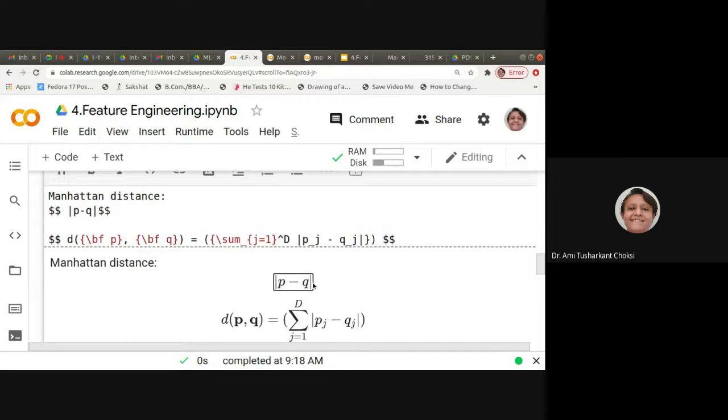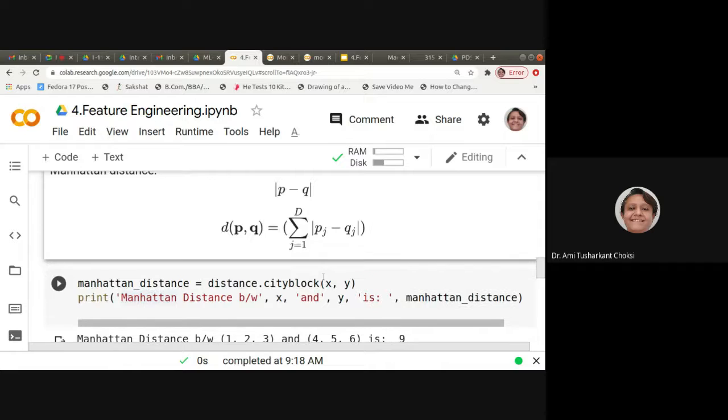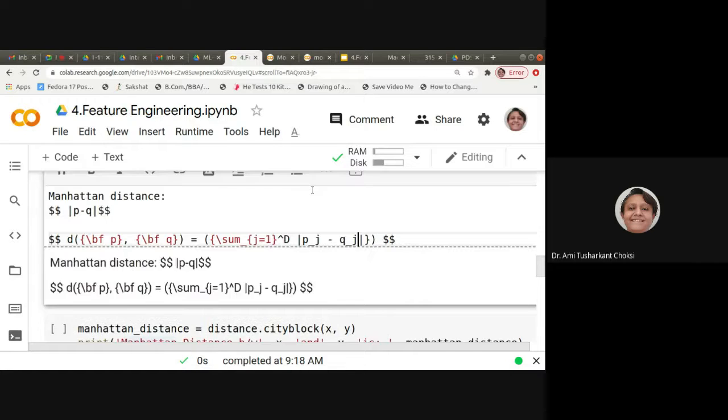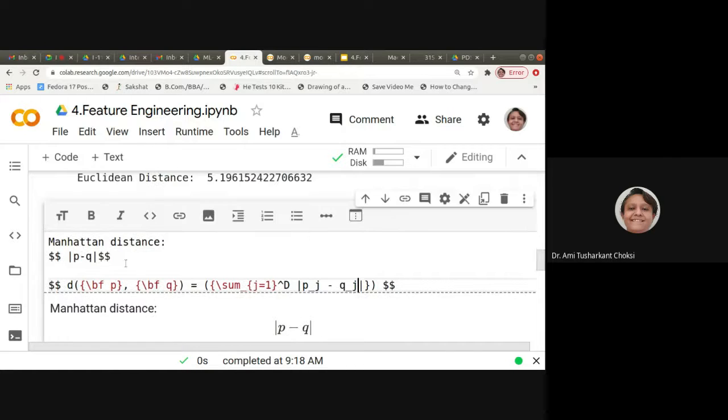This is for one dimension only. Better we remove that, or otherwise we can say that it is for one dimension, where we have considered only one attribute. This is the specific case, but here you can say it is general.